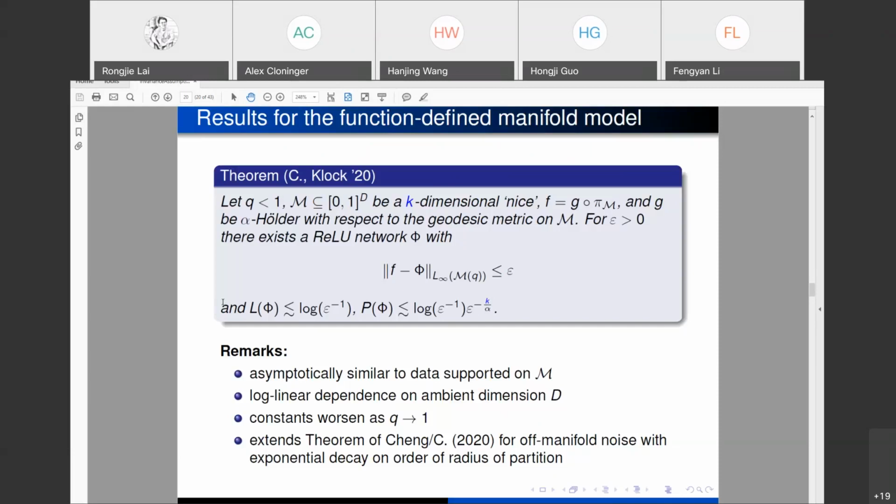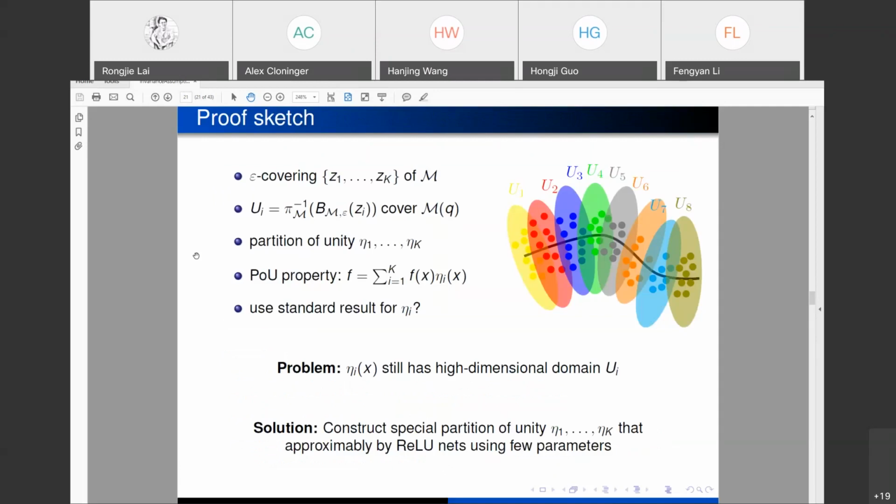So we're able to get all the way up, approaching the reach, whereas in my paper with Xu, we could only go up to the radius of the partition. Okay. So this is one of the main results that we have. I want to give a sketch of how this works, and it's unsurprising. It basically says,